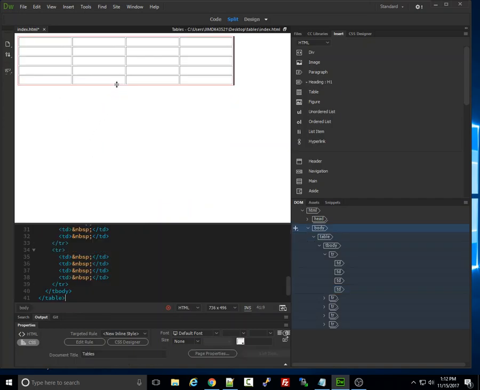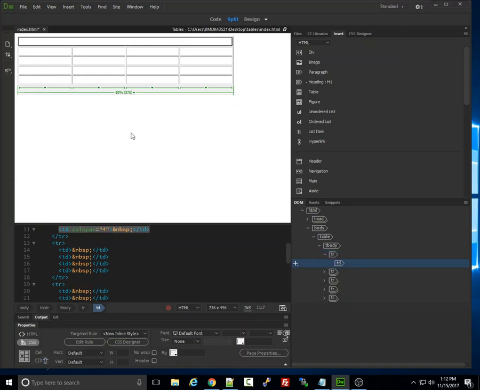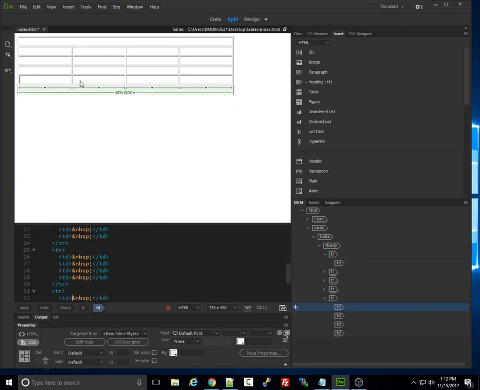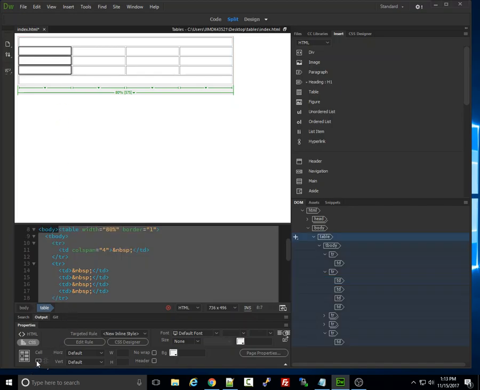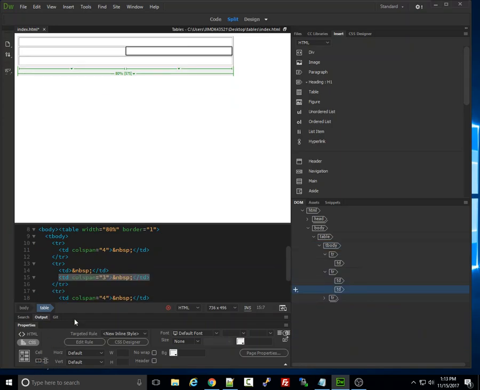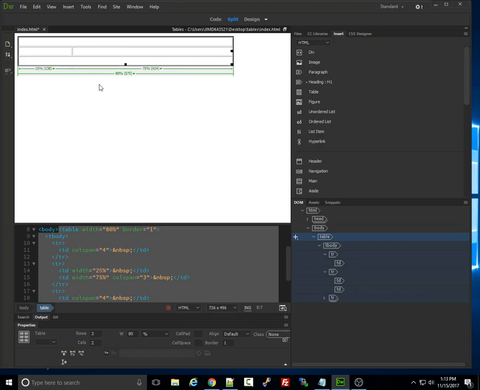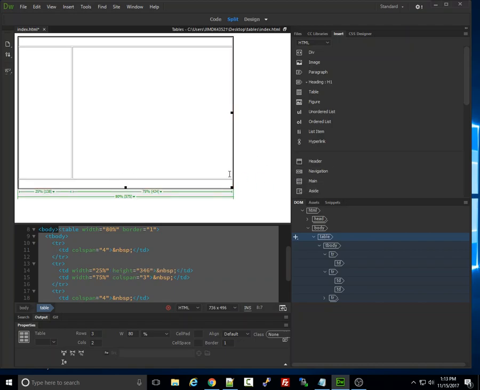right? And so for instance, you could take these 4 cells and you could go down here to the property box and use this box right here to merge those cells. And so that might be our header. And then this might become our footer, and then these guys might become the navigation, and then all of these together might become your main, right? And so then you can actually just grab these and slide them around. So you slide that over to there, and then maybe we just drag the height of this,